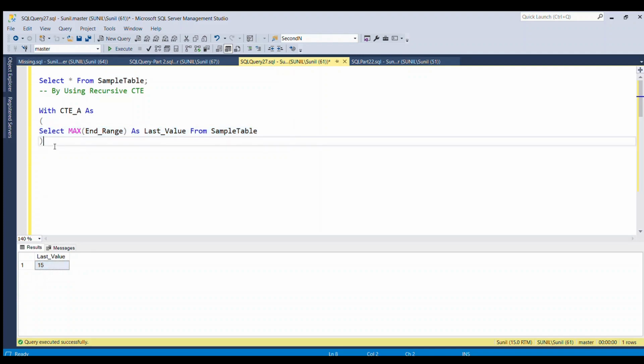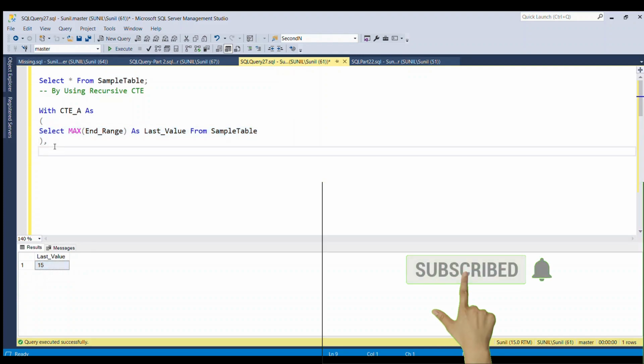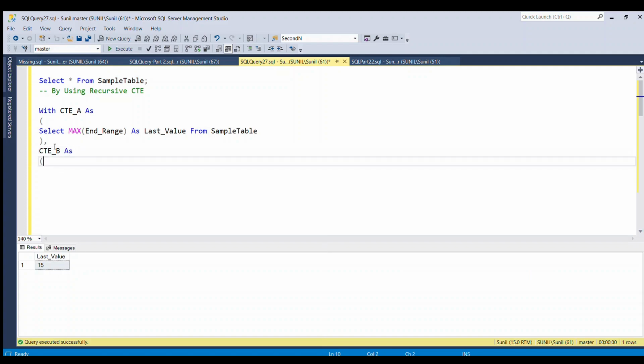15. Now I am going to write another CTE, CTE_B AS, and again open and close the parenthesis. Now I'm going to write select minimum of the start_range column, with alias ID, from sample table.